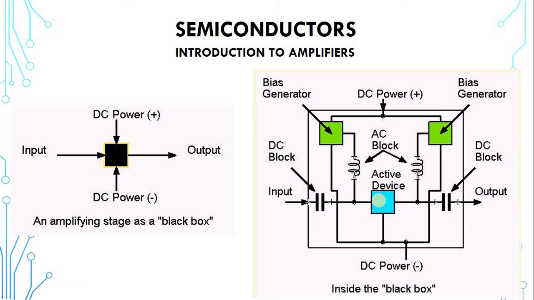So the proper biasing is achieved by using these bias generators. These bias generators help to ensure that proper biasing of the transistor is achieved. Then after biasing, now